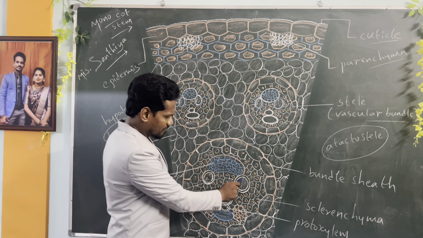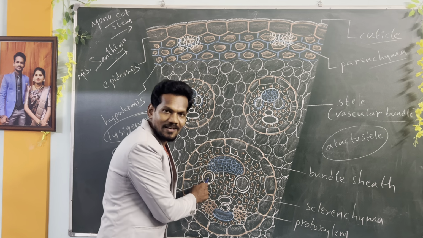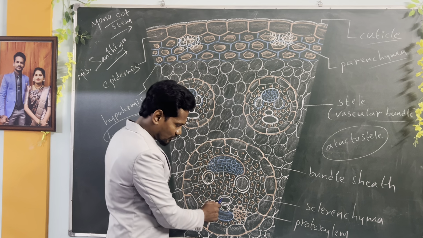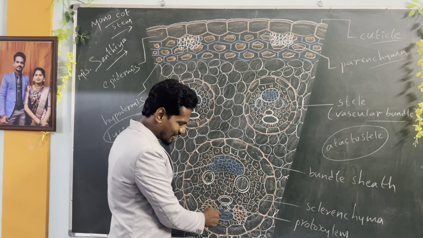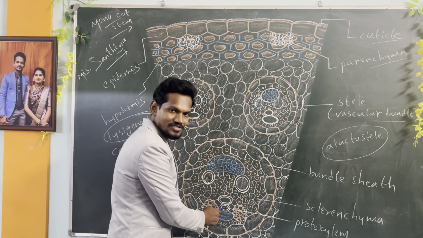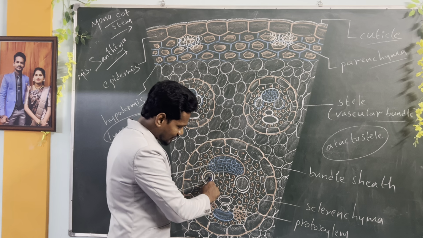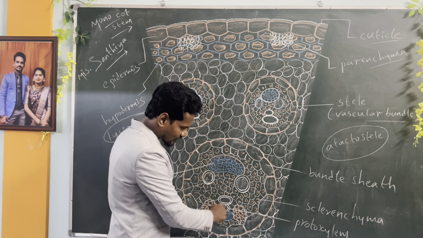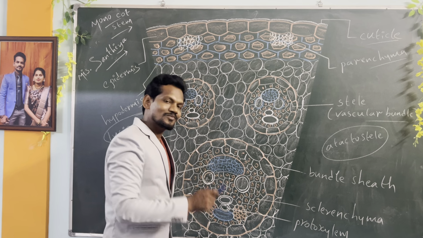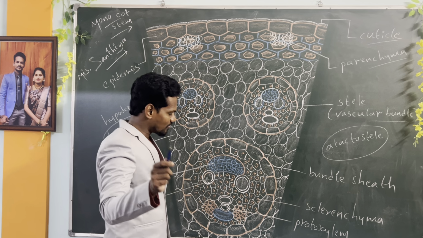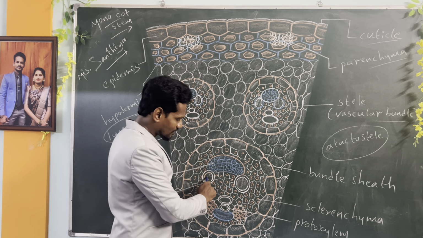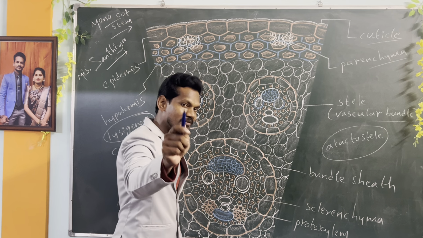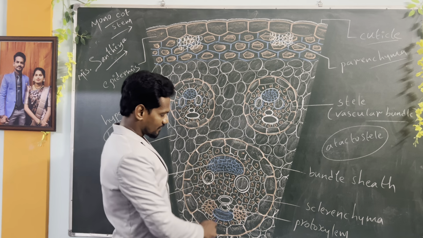this is xylem. These both are known as metaxylem, two large vessels, and here we could observe protoxylem, small xylem vessels, right? This metaxylem and protoxylem arrangement looks like roughly Y shape. So the arrangement of vascular bundles, especially xylem, in the monocot stem is roughly Y shape. Remember, Y shape. Then